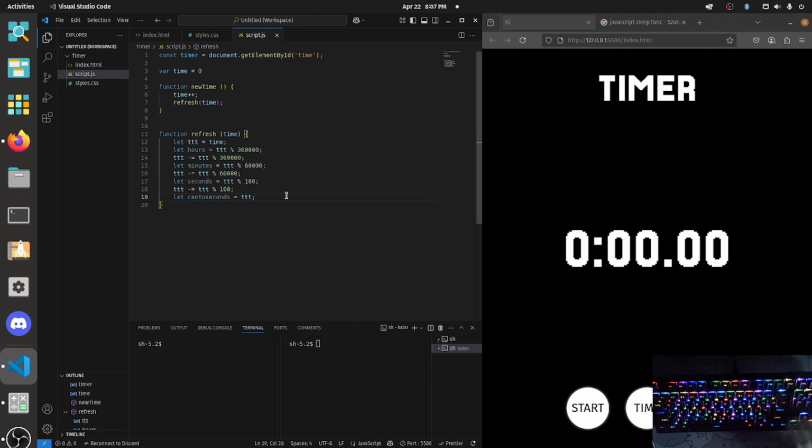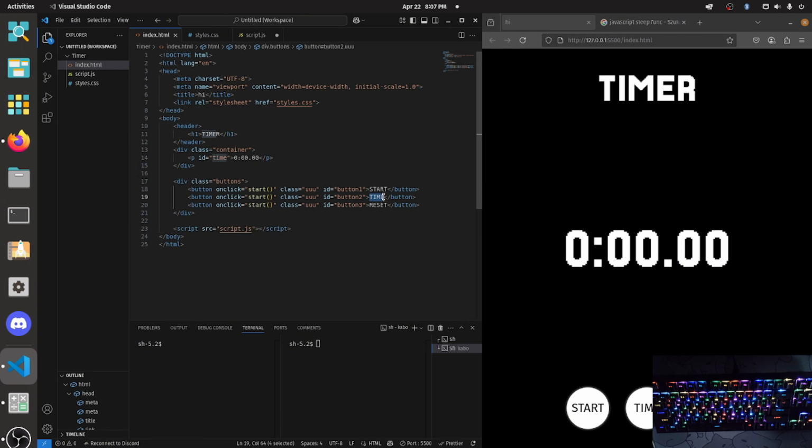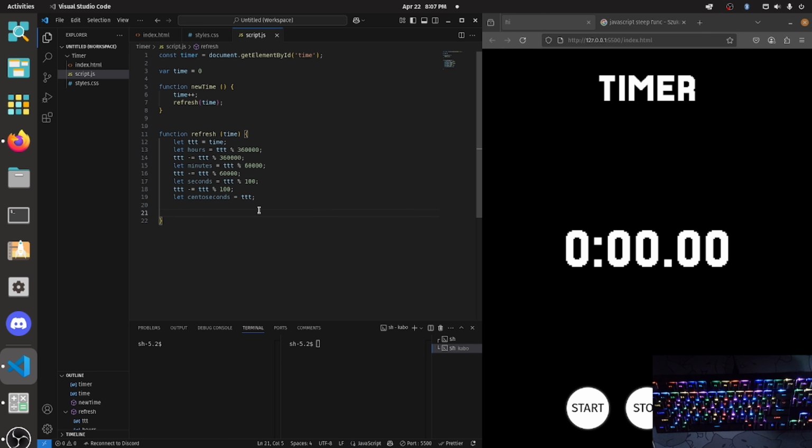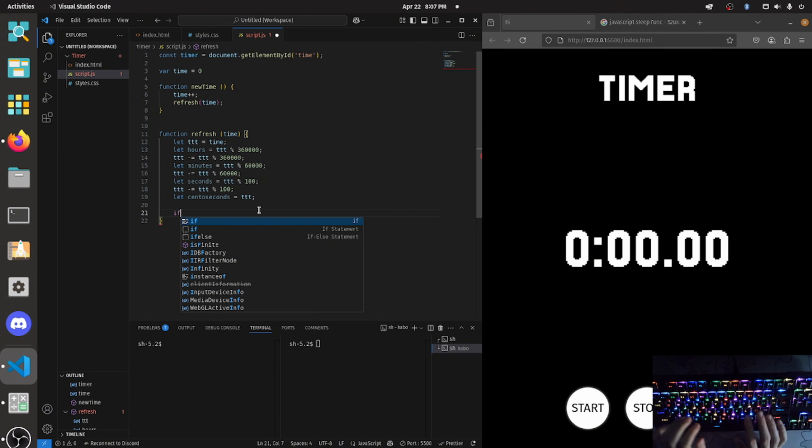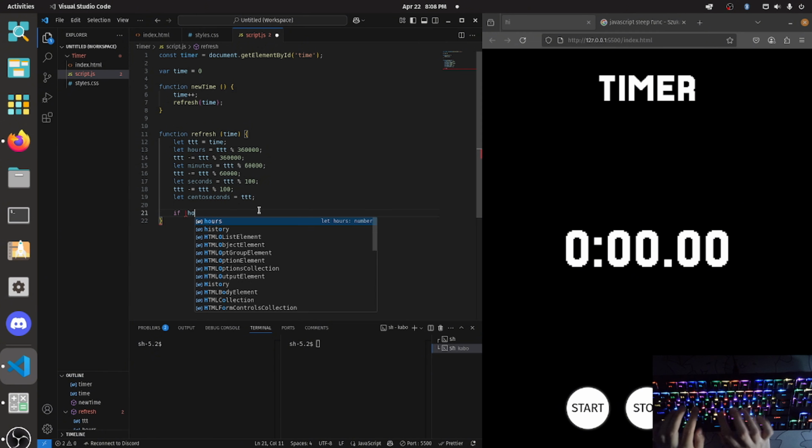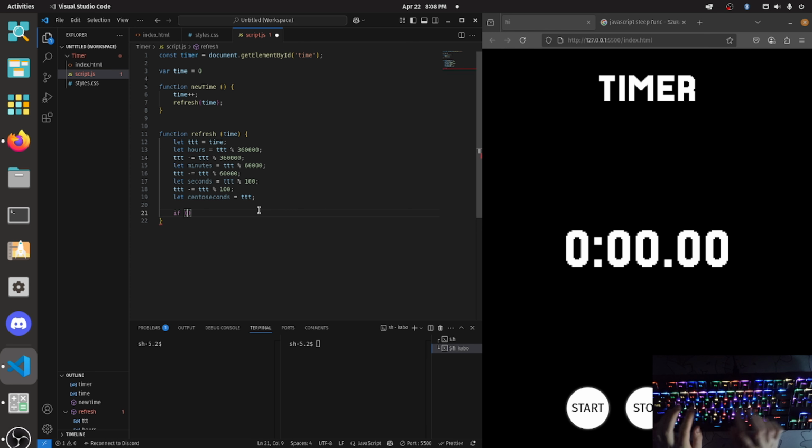Okay, so now. By the way, when I click start, it has to change its word. So actually, I will take this because I won't do it anyway. Stop. Still button. By the way, unlock it. Reset. If hours are bigger than 0,